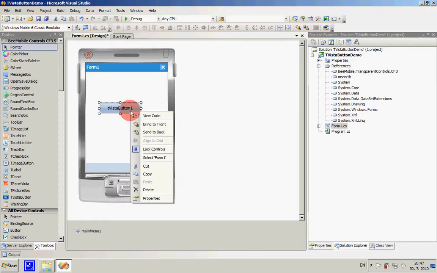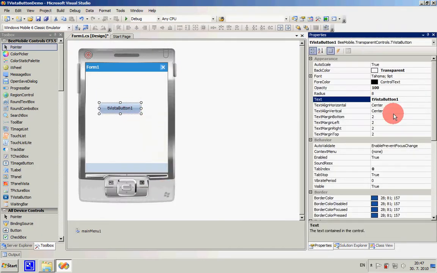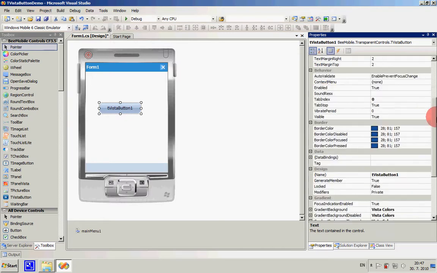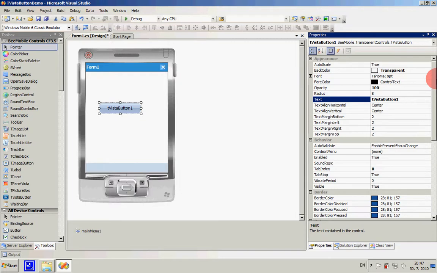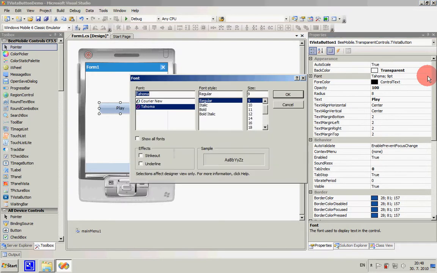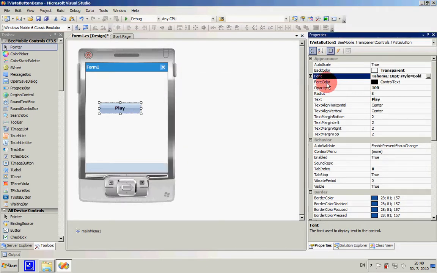Once I right click the button and choose properties, I can see all the properties that I can set for TVistaButton. There are quite many of them because TVistaButton contains many features. One of the most important properties is the text property, which displays the text over the button. So I'm gonna type play here, and of course you can change the font used, as well as the color,